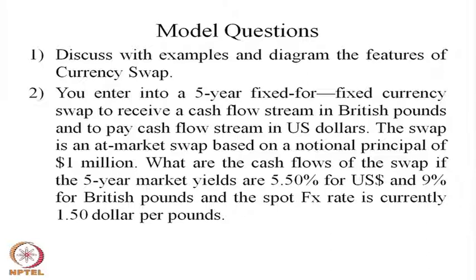The currency swap transaction takes place through an intermediary. The intermediary arranges a swap transaction between two parties. The two parties may not know each other. However, through the financial institution they meet, they sign the contract, and in the process of the contract they arrange the currency swap transaction among themselves.